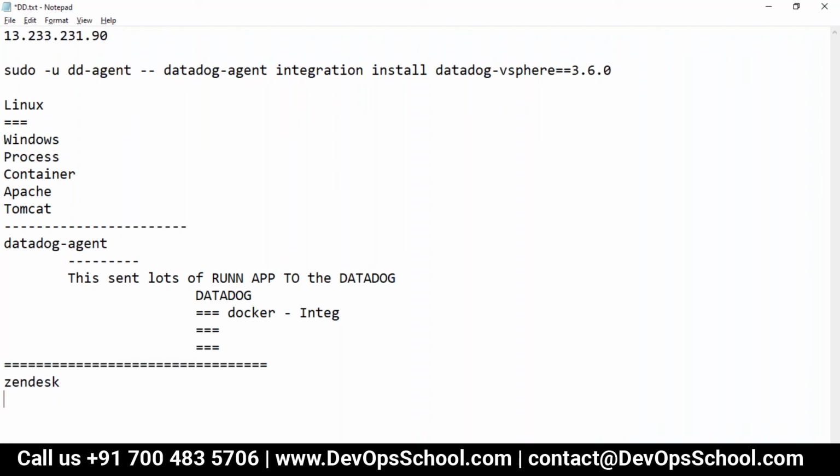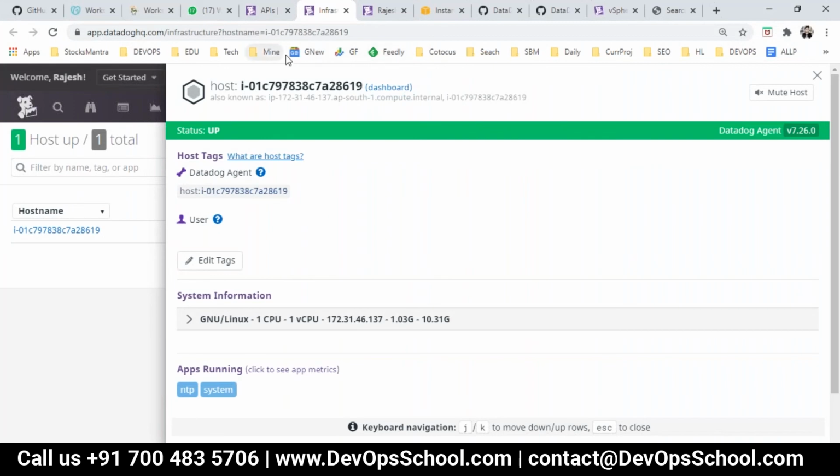See, Zendesk is a ticketing tool. Now, when you say integration, there should be some purpose actually. So probably your purpose is to send the data you have stored in Zendesk to Datadog, and once all the data is in Datadog, you can create a monitor, incident alerting, and dashboard.